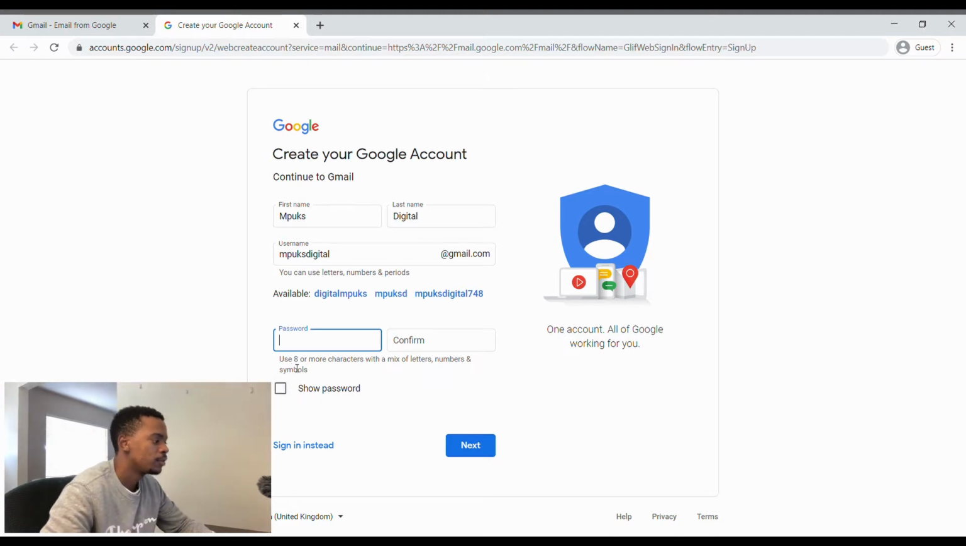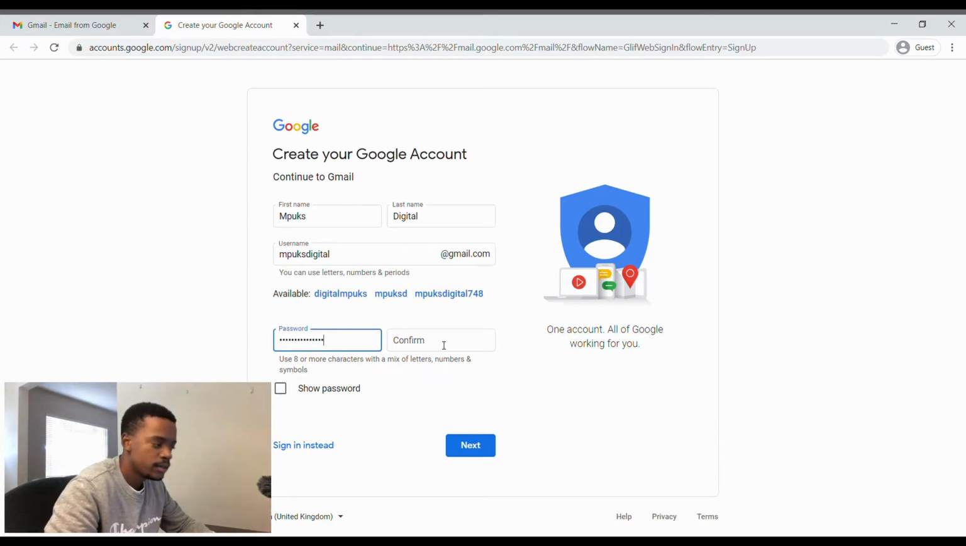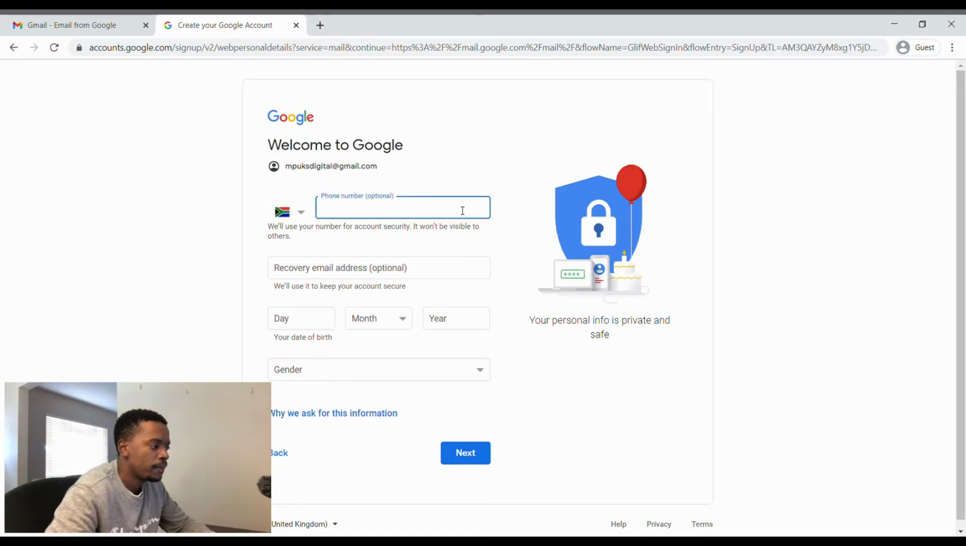Remember, your password needs to be 8 or more characters with a mix of letters, numbers, and symbols. I usually do 1 capital, 1 number, 1 symbol. Okay, and then you repeat it. Click on next. So this phone number links to your phone, so in case you lose your password,